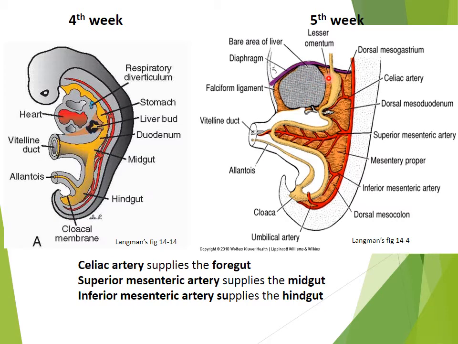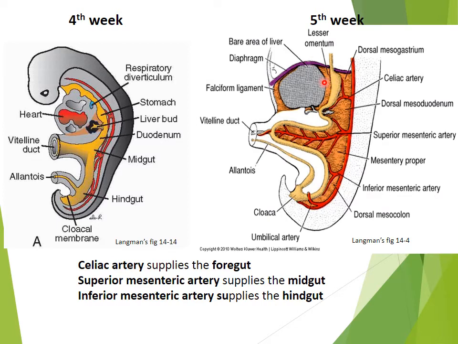Later, with the formation of the hepatic diverticulum and the liver tissue and hepatocytes, the ventral mesentery is divided into two parts. One ventral component attaches the ventral part of the liver to the anterior abdominal wall. This is the falciform ligament. Its dorsal part, between the lesser curvature of the stomach and the liver,